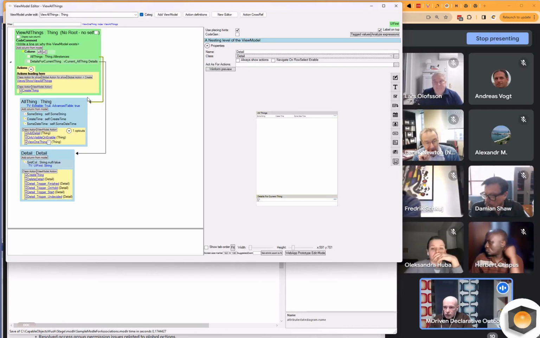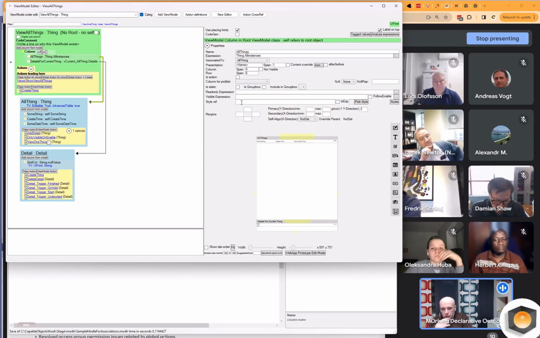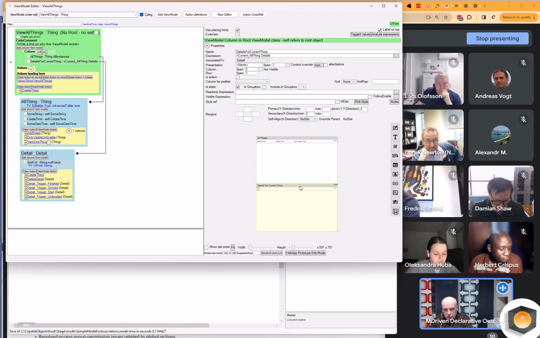And let's see if I can do this grid a bit smaller here. This grows, and I'm going to say that this grows too as well, so they share space.